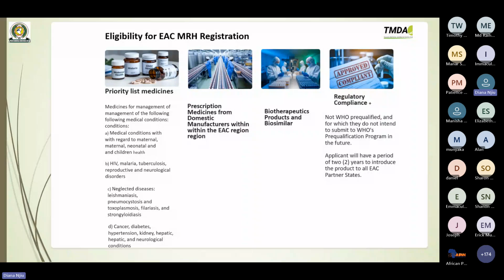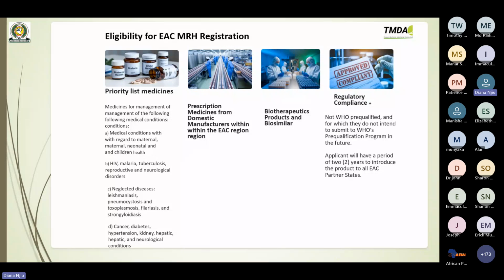So we had better deal with those applications that have not been reviewed at all by any pathway. Also, applicants are urged or required to introduce the product to the EAC partner states within a period of at least 2 years. So once you have initially applied for 2 countries and you want to expand your market, you need to expand it to all other countries, at least within 2 years. You also need to apply to these other countries so that, if you're talking about access to medicine, all the countries will have access to the authorized product through the route.